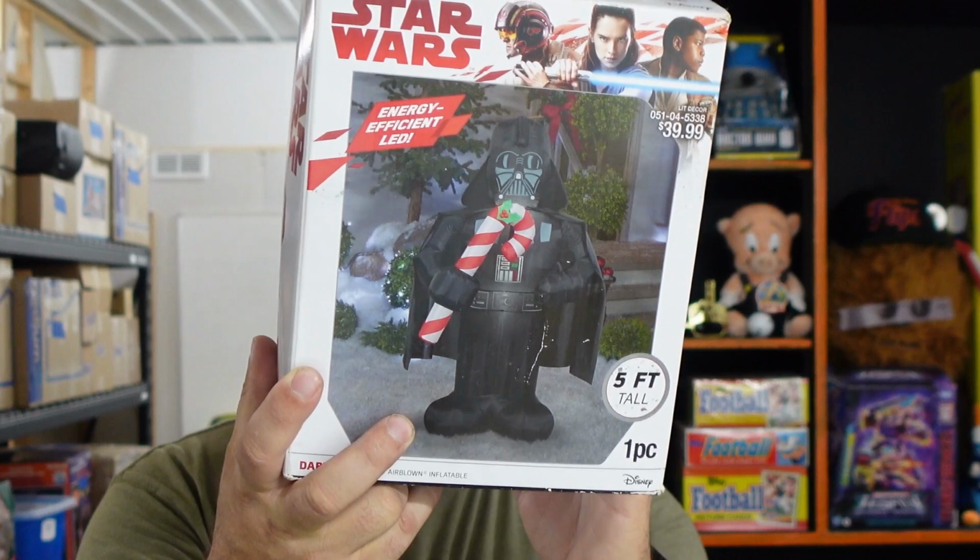All right, what else sold? So we have started to dabble in inflatables, not dolls. Inflatables. Blow-up dolls? No blow-up dolls. But we sold the Gemmy Darth Vader with a candy cane. Kind of a blow-up doll. He's a 5-foot blow-up Vader. Yes. No kink shaming here, but...